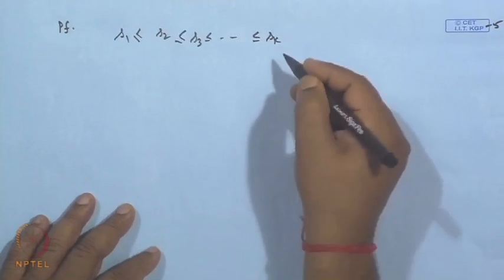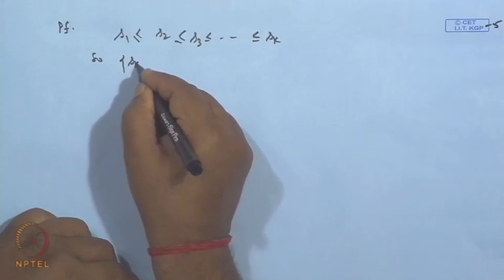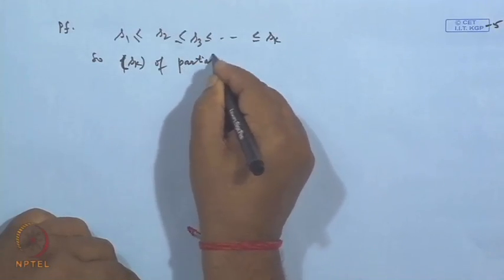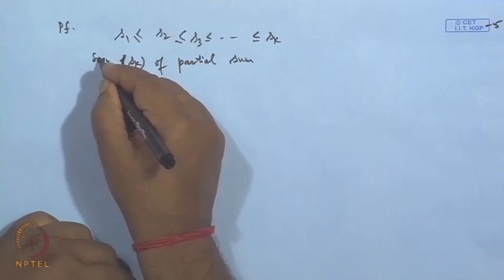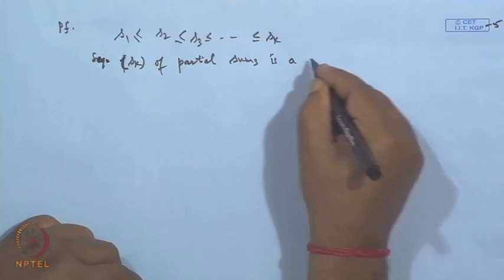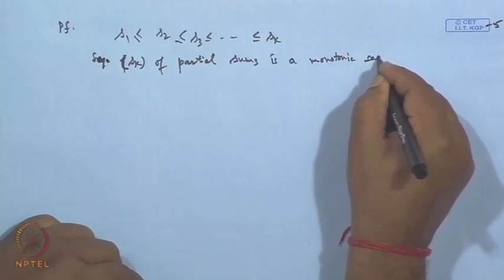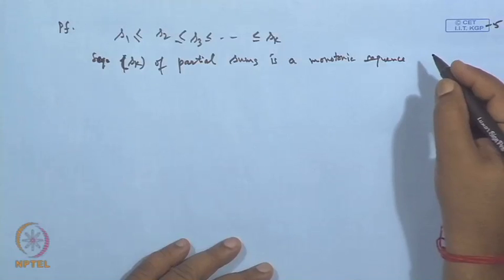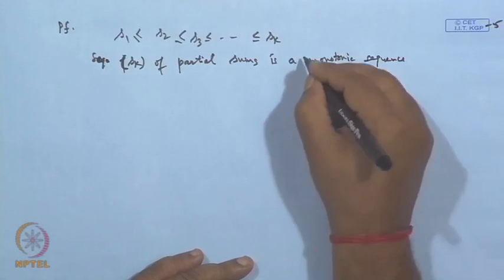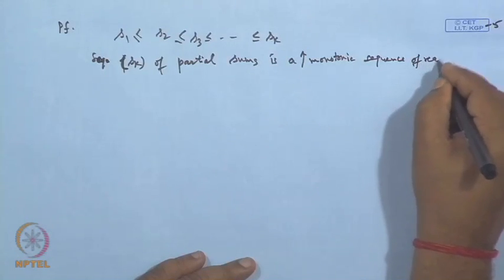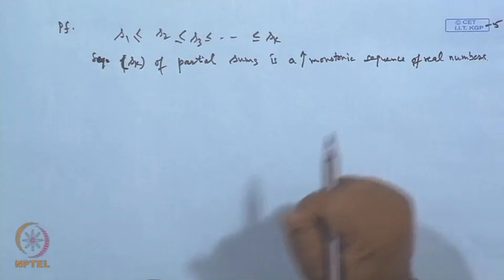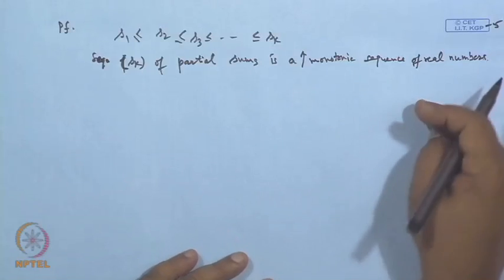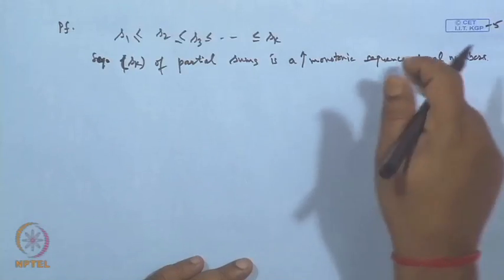So, what we are getting is that the sequence of partial sums is a monotonic, increasing sequence of real numbers. Now, what is the monotonic convergence theorem? The monotonic convergence theorem says any monotonic sequence which is increasing and bounded above must be convergent, or a monotonic sequence which is decreasing and bounded below must be convergent. Here this is a monotonic, increasing sequence of real numbers,